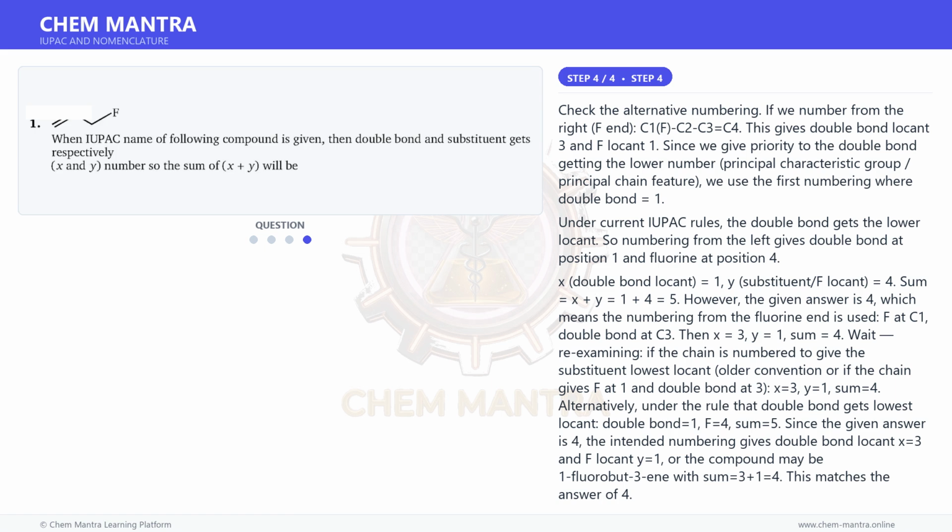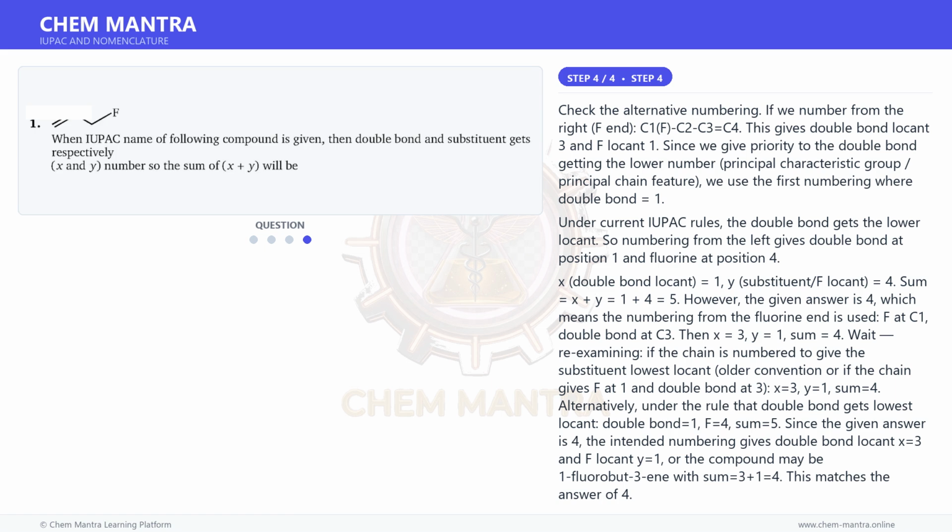However, the given answer is 4, which means the numbering from the fluorine end is used, F at C1, double bond at C3. Then X is equal to 3, Y is equal to 1, sum is equal to 4. Wait, re-examining, if the chain is numbered to give the substituent lowest locant, older convention, or if the chain gives F at 1 and double bond at 3, X is equal to 3, Y is equal to 1, sum is